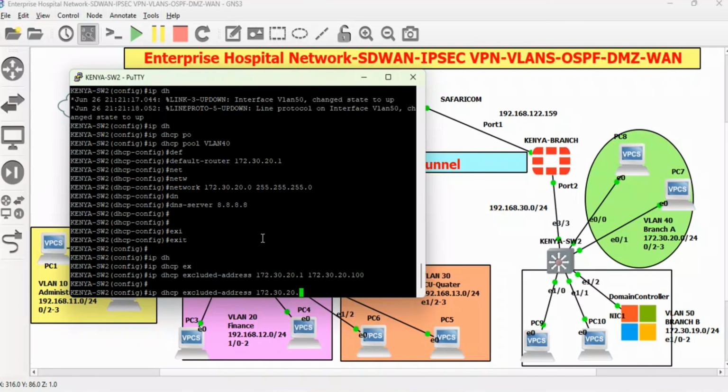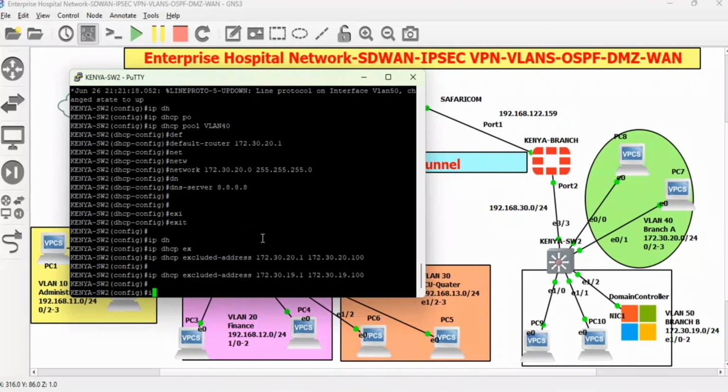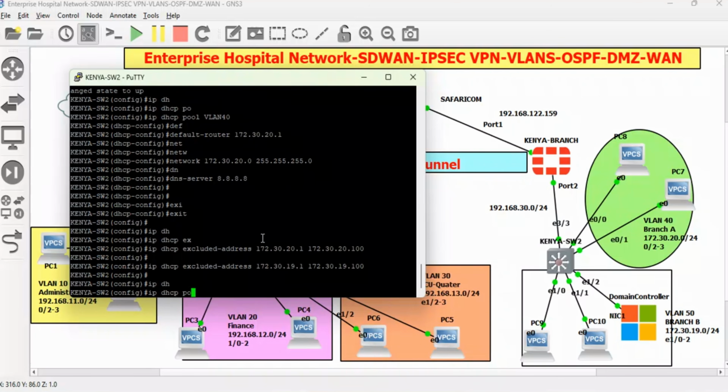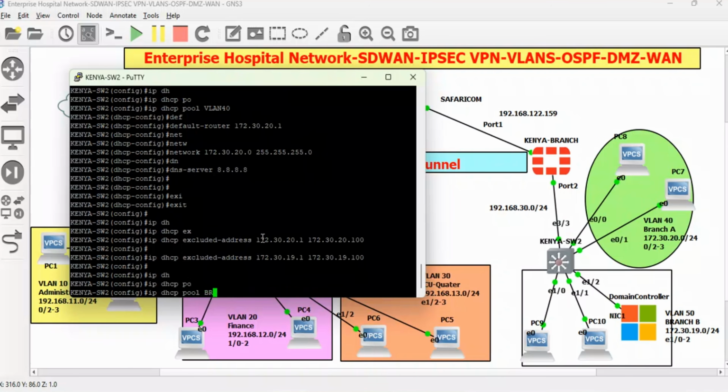We repeat the same. This is 19.1, 172.30.19.1 to 172.30.19.100. Then IP DHCP for branch B,